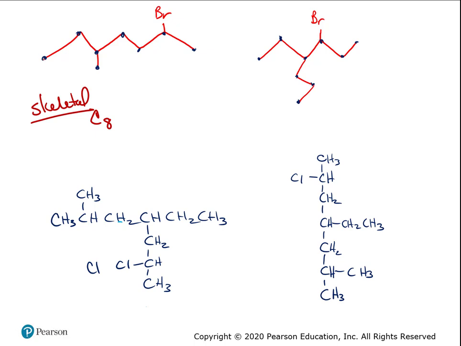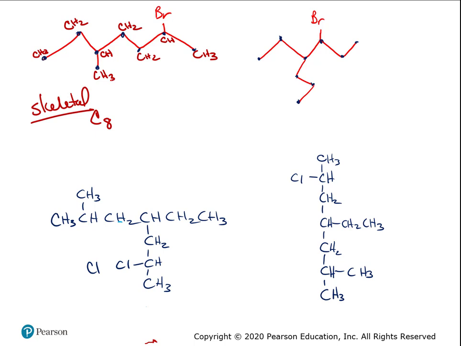So every end would be a carbon with how many hydrogens? That'd be a CH3, right? They don't put those in, but an end, because it's only connected to one other carbon, means that carbon has to have 3 hydrogens. This one is a CH2. This one right here would be a CH. This one up here, CH2. This one, CH2. This one would be a CH. And this would be a CH3. And then the one hanging down,